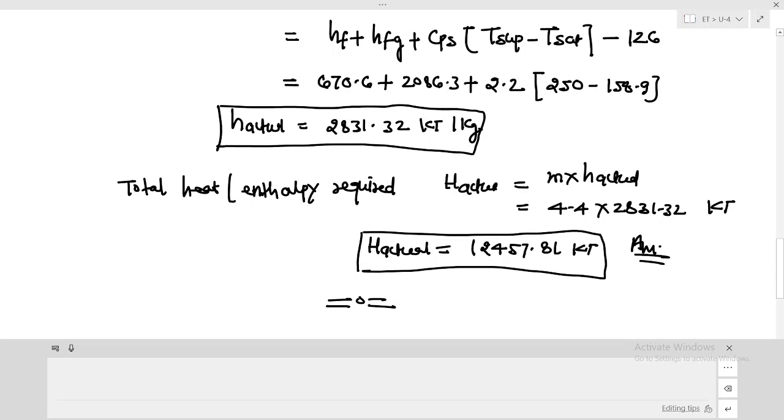Now in this particular case, the final condition of the steam is given as superheated steam. That condition can be wet steam, or it can be dry saturated steam. If water is to be converted from the given temperature into steam of some required condition, wet, dry or superheated, the formula will accordingly change for the final condition of steam. Okay.